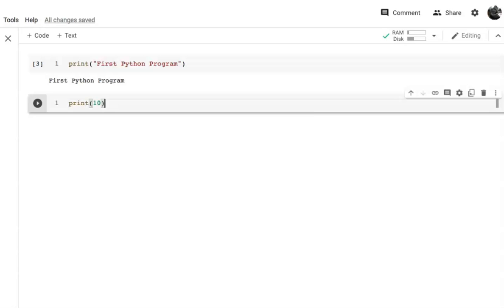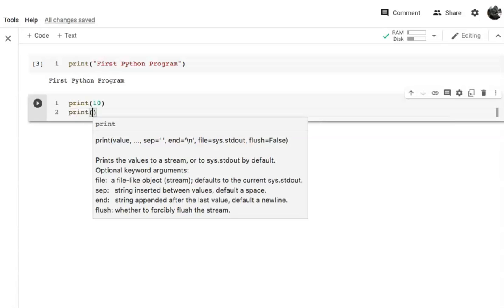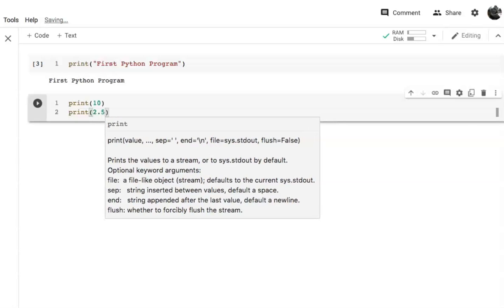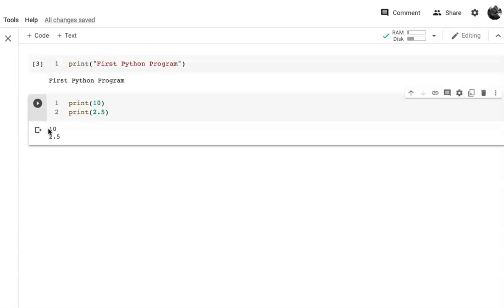Bring the cursor here, press enter, and write another line of code. Here I am going to print some fractional value. Write that value inside the parenthesis, 2.5. When you run this, just click here and you will get the output 10 and 2.5.